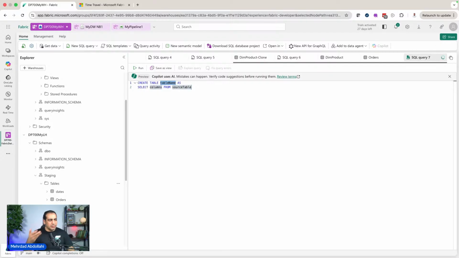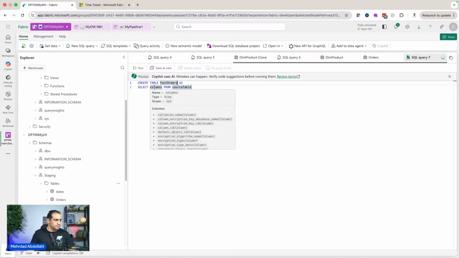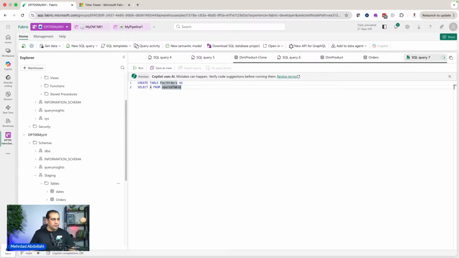Then the statement is going to be generated like this. You can just give it a new name, for example, fact orders, and you can just say star from your source table, which is going to be my lakehouse dot staging dot